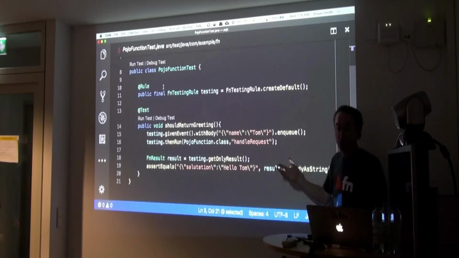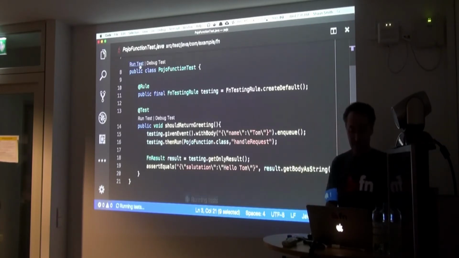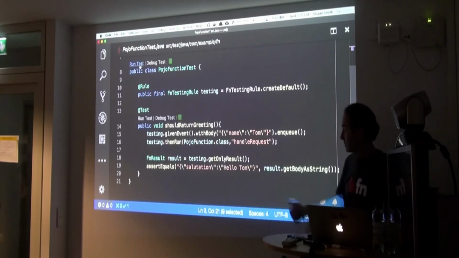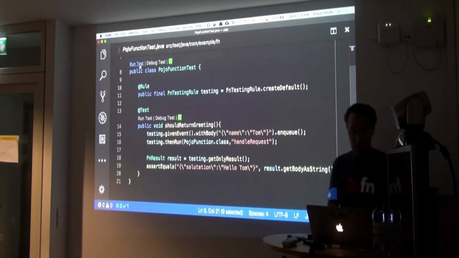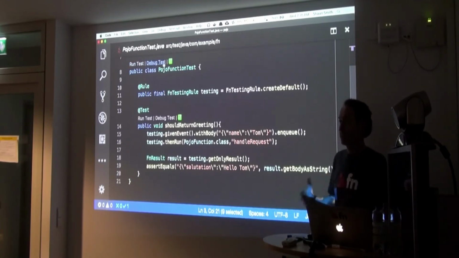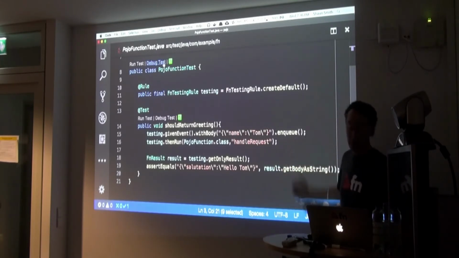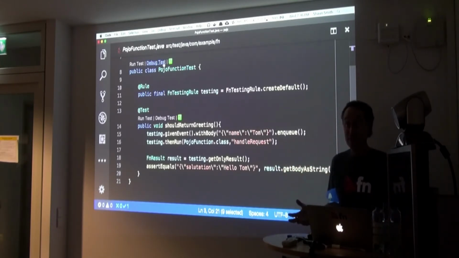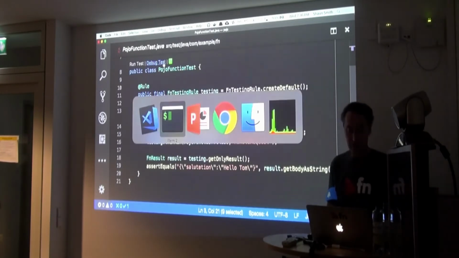So I can write nice JUnit. I can run from here. Right, so it runs the test. It's all green, it's all good. So I'm using my basic typical tools, right? Some IDE, doesn't really matter what it is. It's got Maven support. It does a parse, and then gives you code assist on Java. That's basic tools. So there's nothing special going on. At least it doesn't look like there's anything special going on.